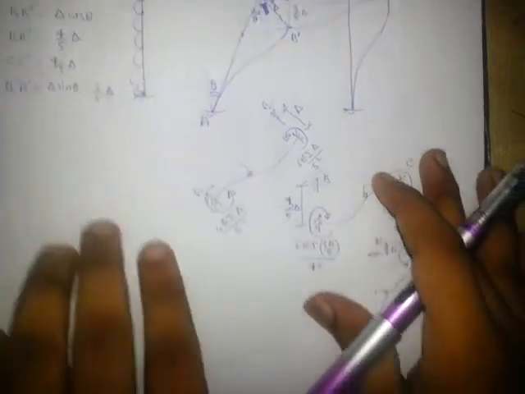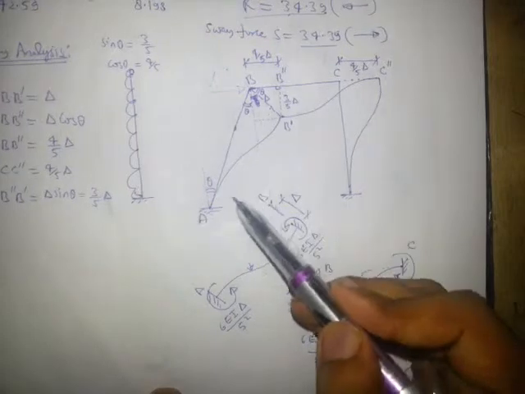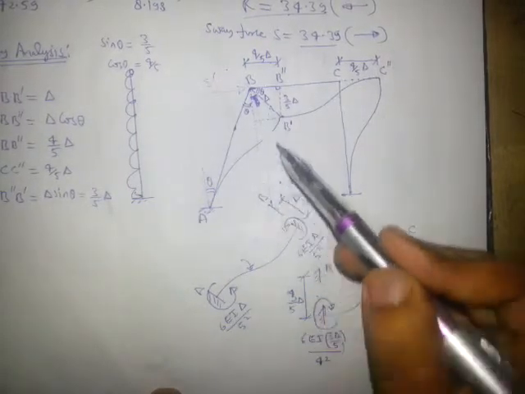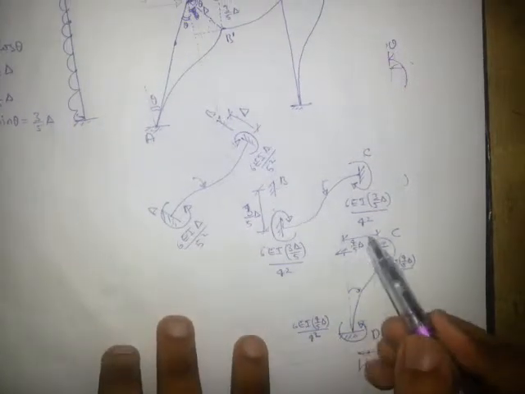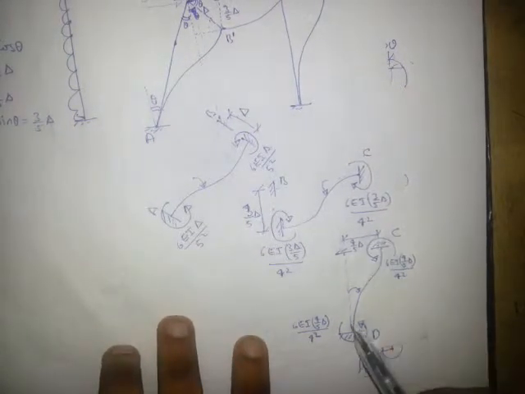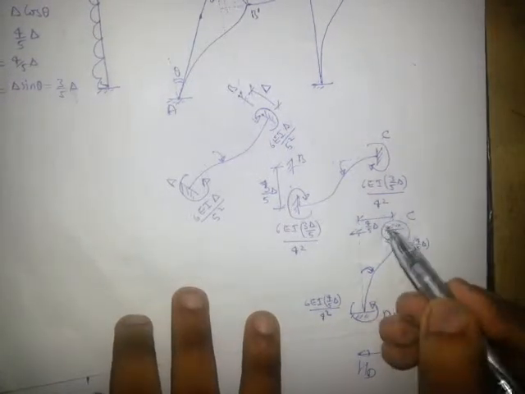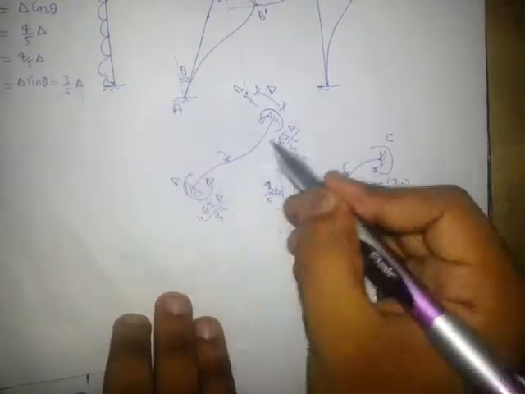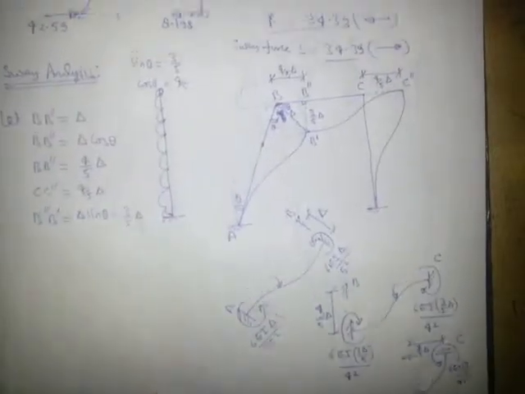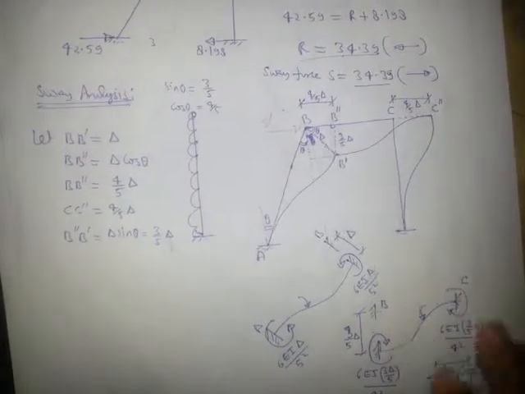Now we can see the leg is going like this, this is delta, 4 by 5 delta, right? So we can calculate, this is clock rotation, end moment will be anti-clock, these are anti-clock, so end moment will be clock, these are clock, end moment will be anti-clock, right? So we will write down the sway moments, we will write the sway moments ratio.